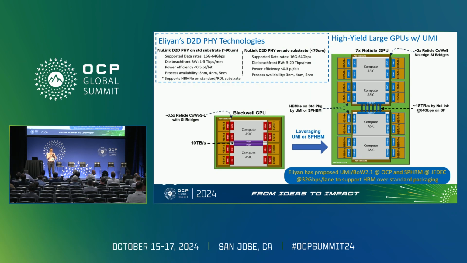For example, we can go to a solution which is twice as big as Blackwell with 4 reticle size chips and effectively 16 of these HBMs on it, but with even smaller reticle size, as you can see in the package over there. Because with this technology we can provide the bandwidth of an HBM4, HBM4E, up to 20 terabits per second between the chips, just using standard packaging that beachfront. So this is one of the advantages.